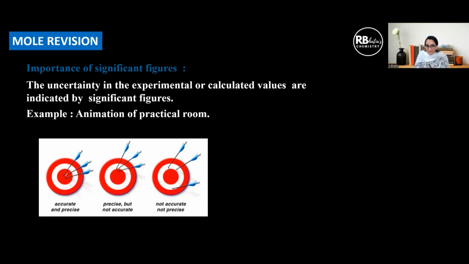If we show it with this dart game, then this is the target, and all the three arrows are hitting the target. So this is accurate as well as precise. This hit here, this is the target, right? The three are close to each other, so this hit is precise, but this is not accurate because it is quite away from the actual value. Again, this is the target, so these three are far off from each other as well as from the target. So we will say these are neither accurate nor precise.